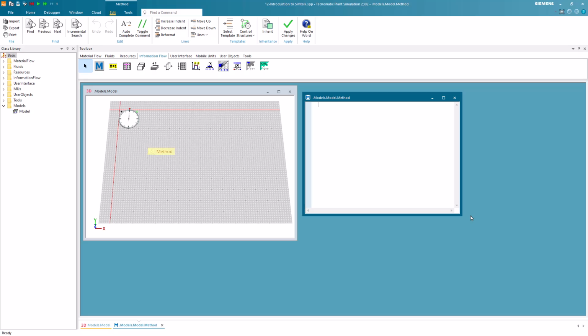To create a variable, we need to use the keyword var, which stands for variable. Then we need to give the variable a name. We will name our variable length of object. To assign a value to variables, you can either use the equal sign or a colon in combination with the equal sign. These variants are used in common programming languages. Plant Simulation offers both possibilities. So we insert an equal sign afterwards and assign the value four.